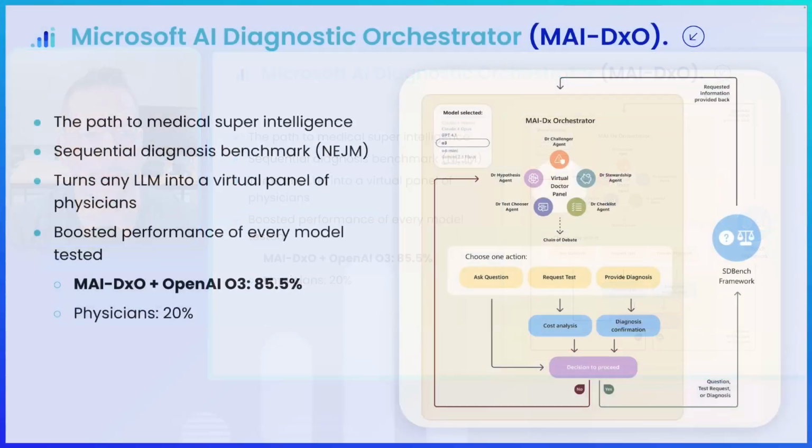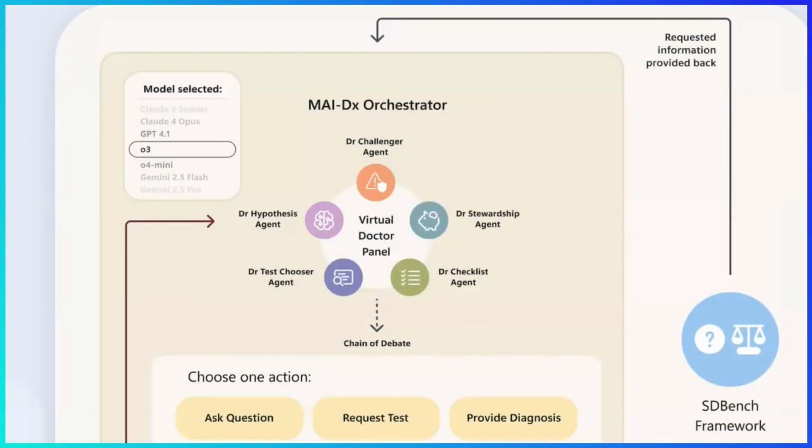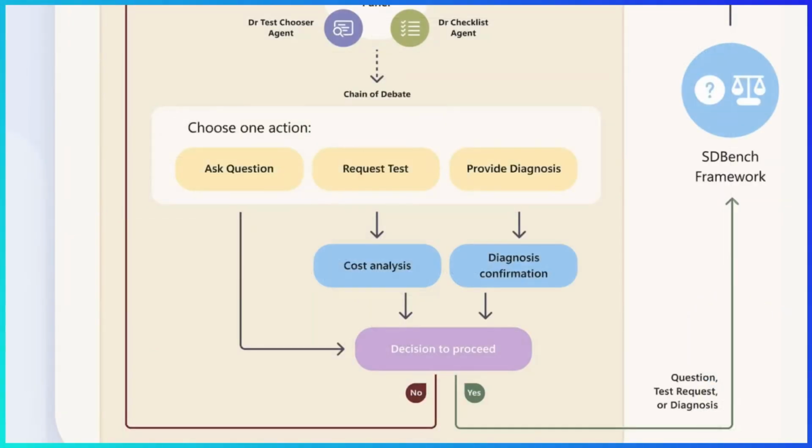So this one, what was interesting about the diagnostic orchestrator was they basically took the 350, I believe, hardest cases in the New England Journal of Medicine, and they fed them into the diagnostic orchestrator. And they basically turned it into a very precise sequential diagnostic tool. They fed these hard cases in, and they said, act as a clinical team. It was effectively a clinical team that they've built. They loaded the questions in from the New England Journal of Medicine and trained it to go through a diagnostic